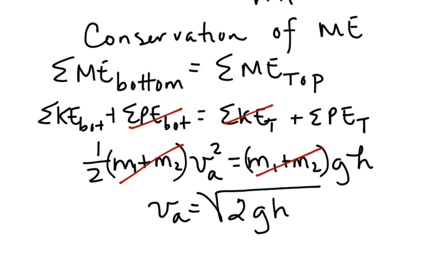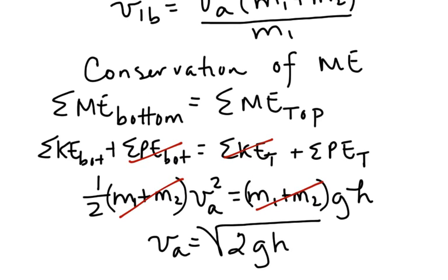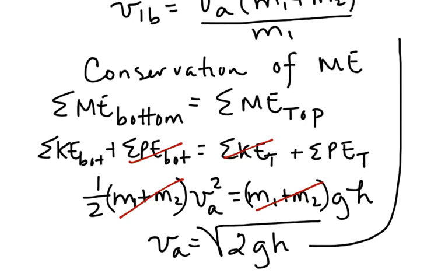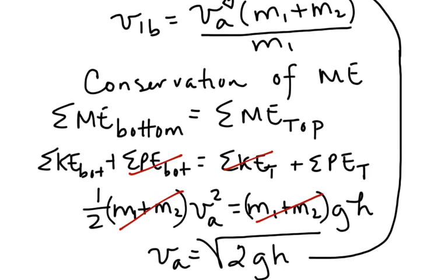And what we're going to do is take the square root of 2gh and plug this in for VA up above, right here. And when we do that, our new expression looks like,